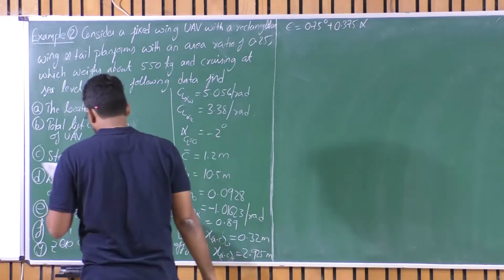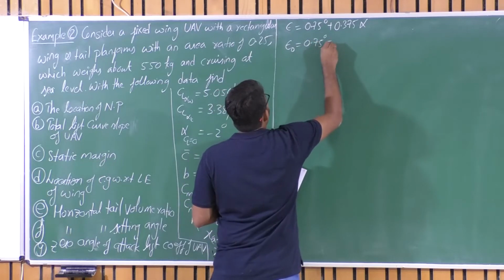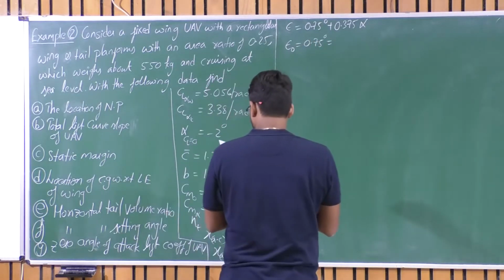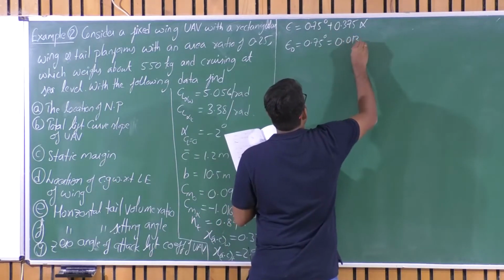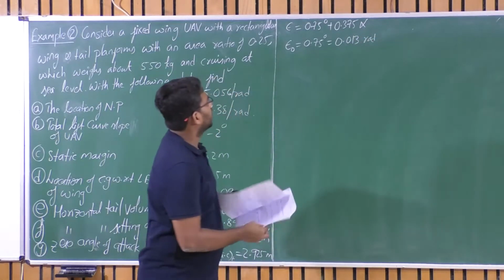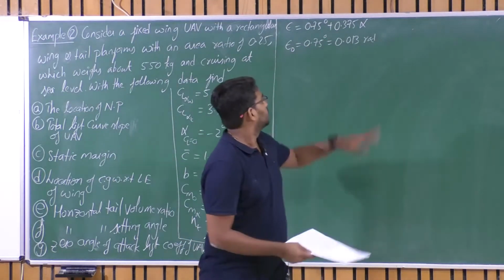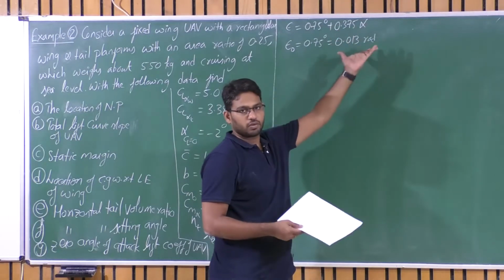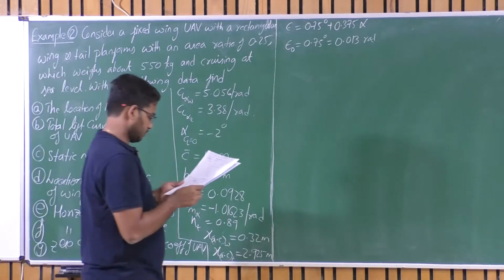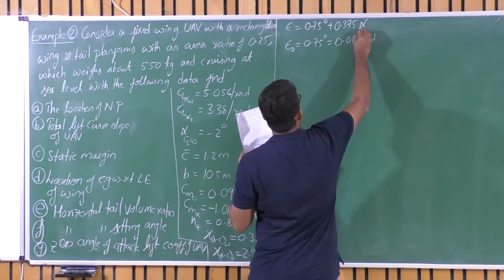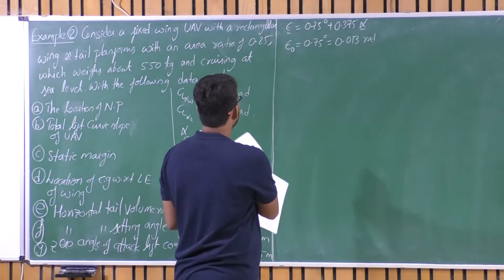Okay. So that means first thing that I would like to do is epsilon naught is 0.75 degrees. I need to convert to radians, which is approximately 0.013 radians, right? So dou epsilon by dou alpha is the same, whether it is degree upon degree or radian upon radian, right? So it will have an increment in a similar way when you consider epsilon in degrees or in radians. So same, you need to have similar units here and there. So this is the data.